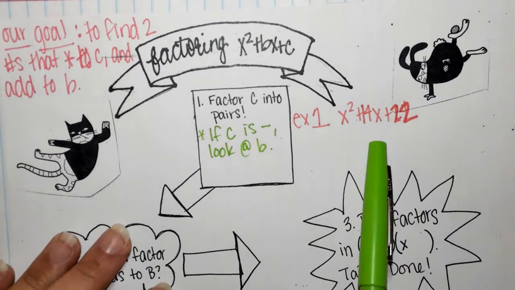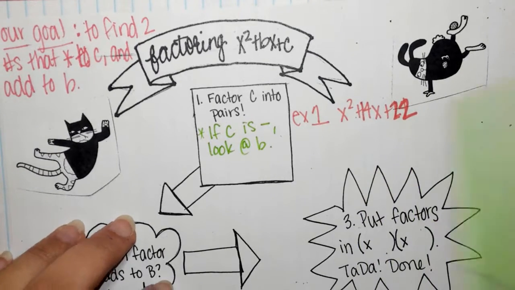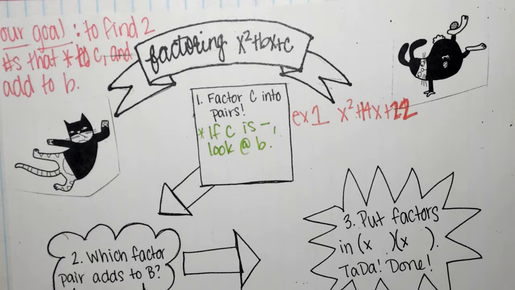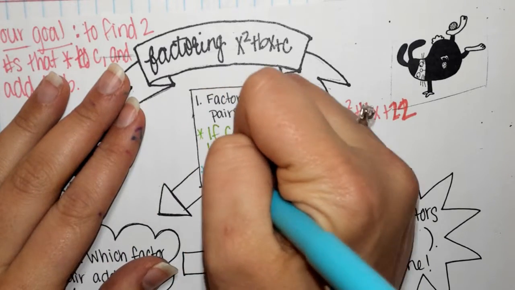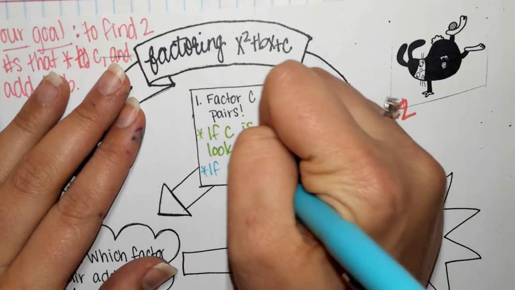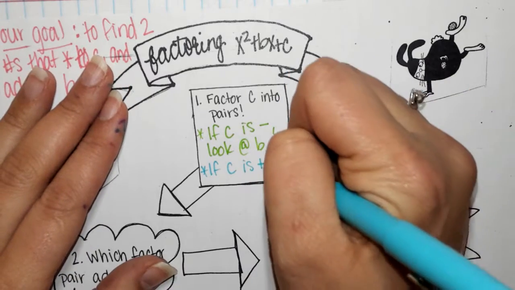Now, is our C negative here? No, our C is positive 22. All right, so now we're going to write down what we do if it's positive. If C is positive,